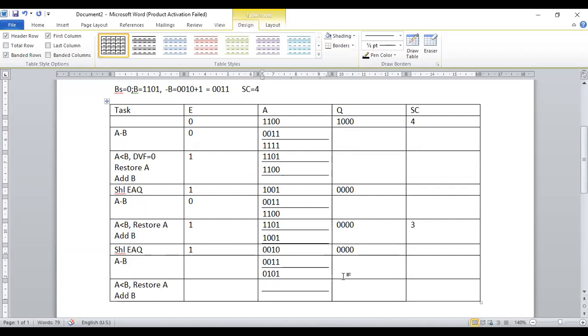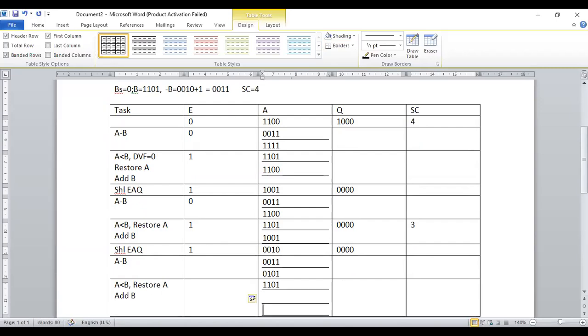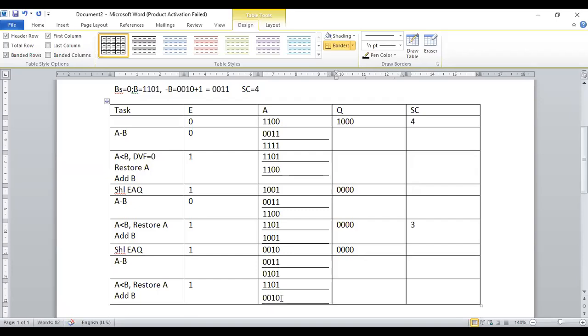What is B? 1101 is B. Add this. If we add this, I'll be getting 0010, which is 2 back. The Q bit is 0 as it is. So the second bit is also over. SC decreased by 1. Next cycle, SHL